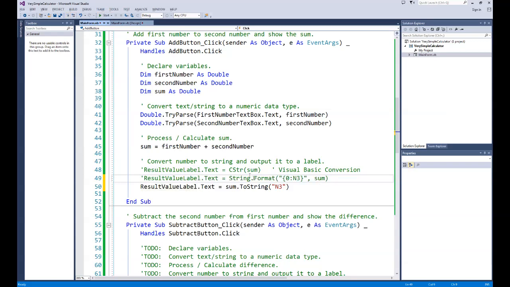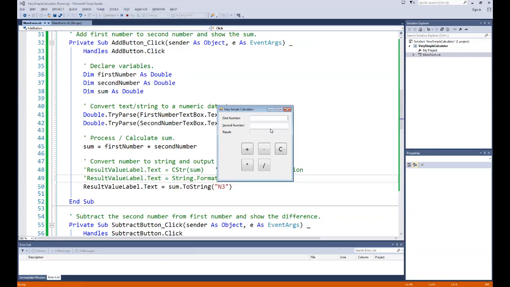So now we see that there's another way. The first 2 methods are Visual Basic methods. This last method is a .NET Framework method, and I like this a lot better for outputting because it very quickly and simply directs how the string is going to be shaped when I output it to the text property of this particular label. So let's run this one,